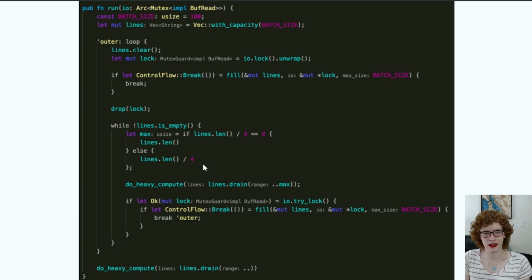Questions on this one or anything else in this parallelism section so far? How do you measure the amount of blocking on the lock? I did measure the amount of blocking, and I did see a meaningful reduction. I did not save those numbers, unfortunately. I would need to recompute them, but I think